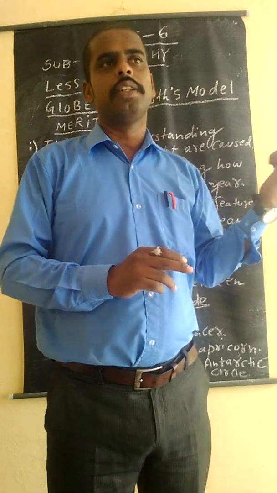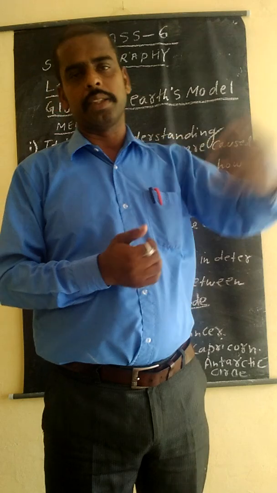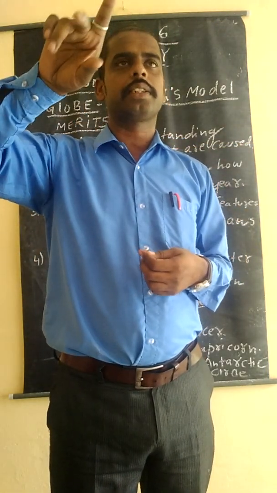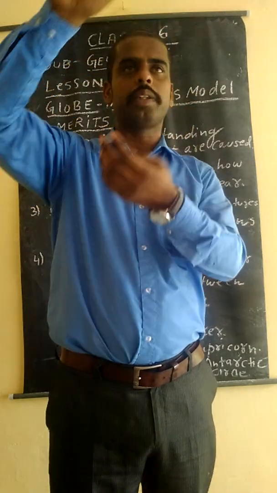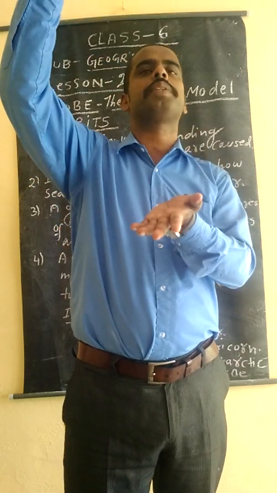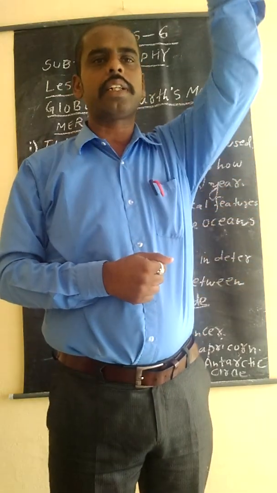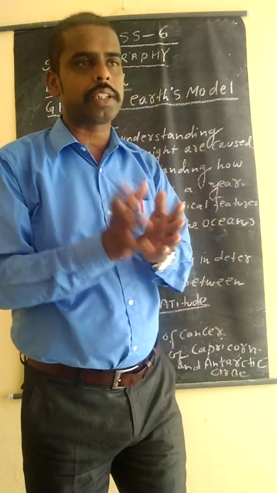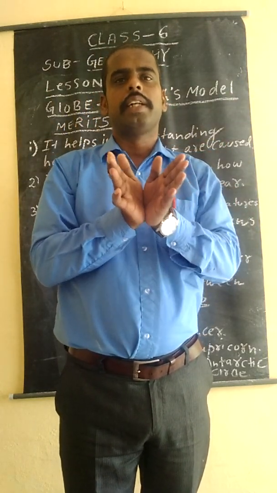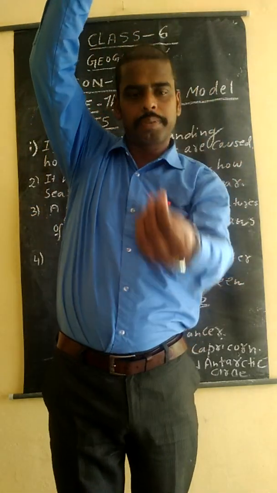So the globe gives us an idea of how seasons change, how in London it is hot, and in Africa it is very hot. You see at 0 degrees there is a circle of illumination. On our globe, you see a northern hemisphere, below it a southern hemisphere, and between them there is the equator. It is 0 degrees because the sun's rays fall directly on the surface. Suppose you take a torchlight and shine it straight: the light covers a small area. But if you tilt the torchlight, the light spreads over a larger surface area.